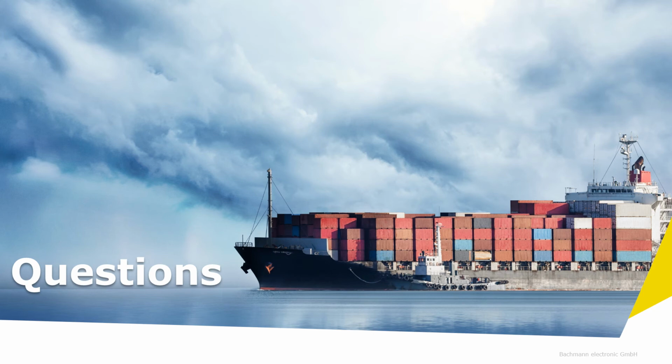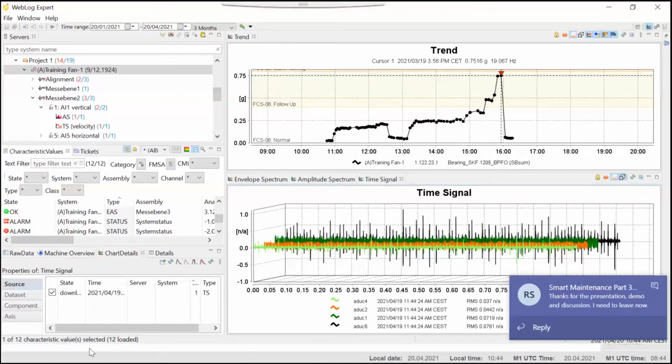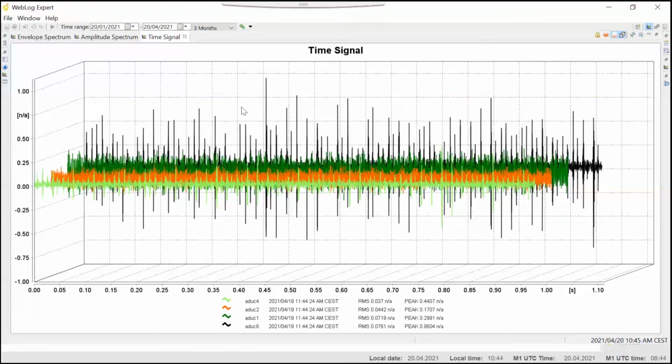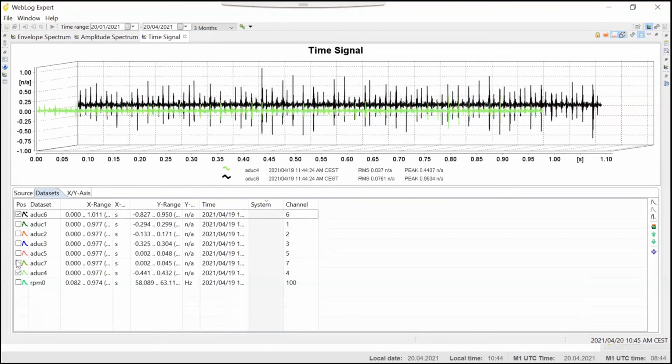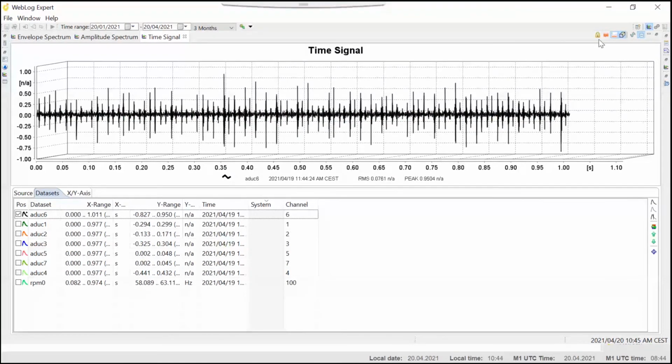Well, experience always does help, but I can just quickly show that graph again if I can find my share screen button. Yeah, if I just quickly go back to sharing the screen. So here, for example, you can see, I'll start from the time signal. So this is the actual vibration that you would feel, you would hear, and what you can see in particular in these traces from the affected bearing is there are a lot of spikes